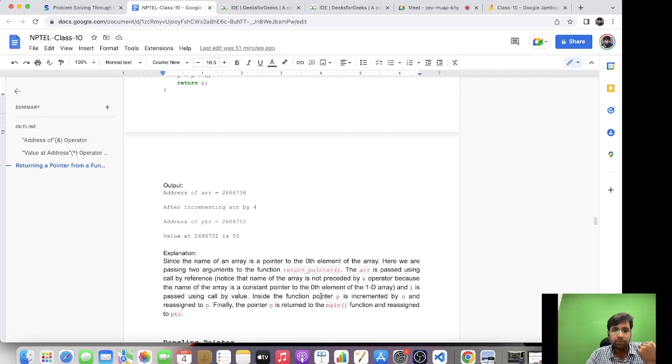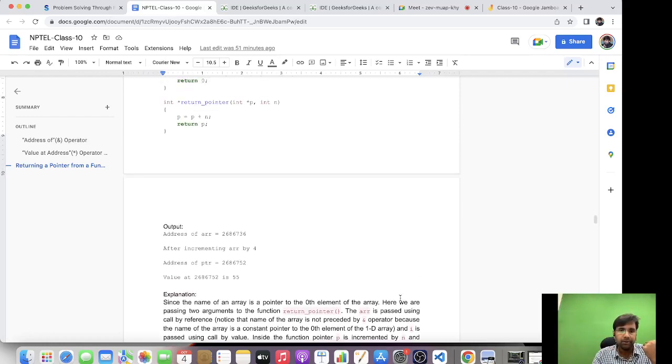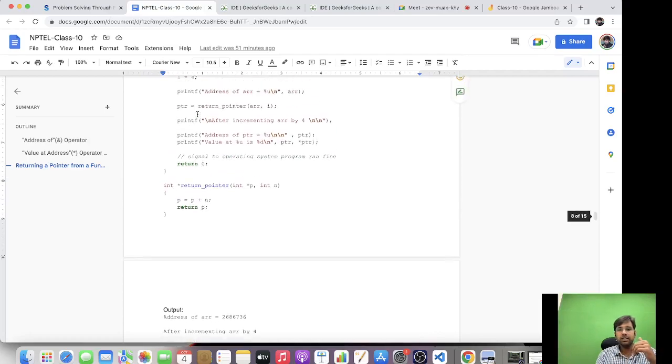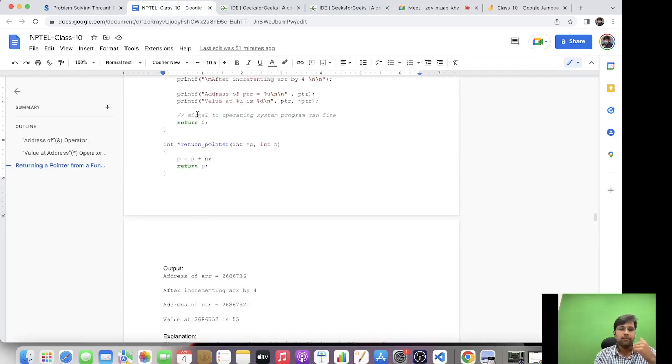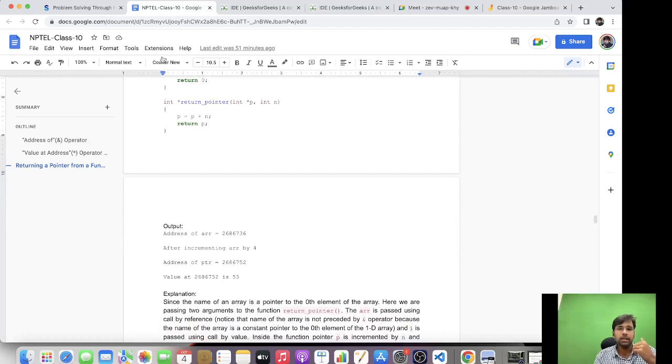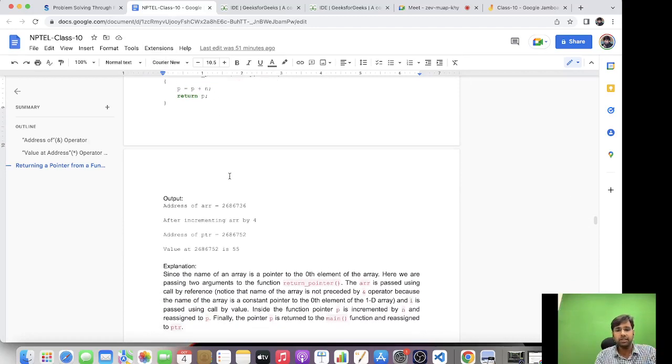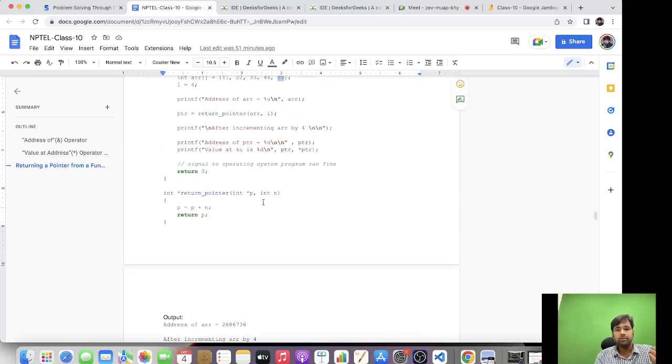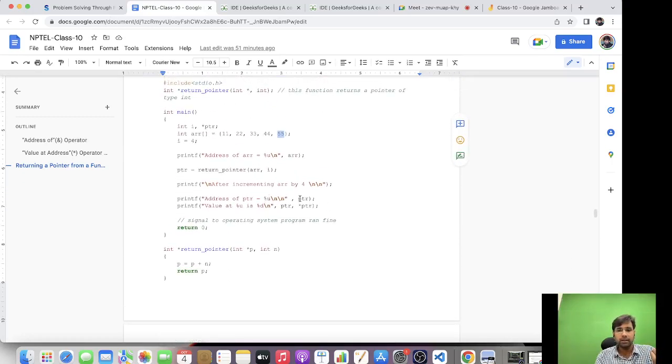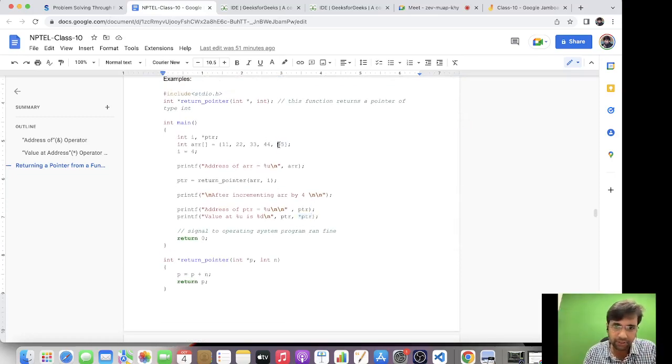So inside the function, pointer p is incremented by n using pointer arithmetic, and the p value will be reassigned. So you will see p equal to p plus n means it will move 4 4s are 16 bytes towards the right side, and that value will be assigned to the pointer, and that pointer will be returned back to the main function. Based on that value you can dereference it, here we are using star ptr, so we dereference it and eventually we will get the 55. Okay, this is how we return